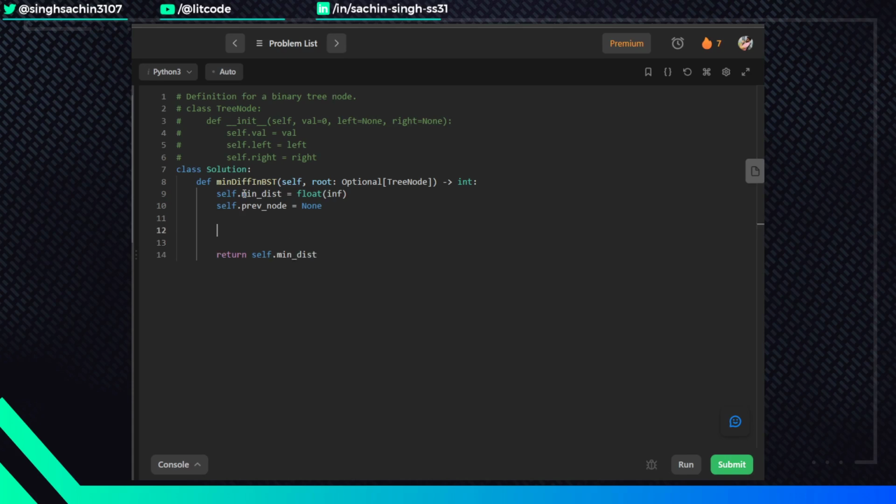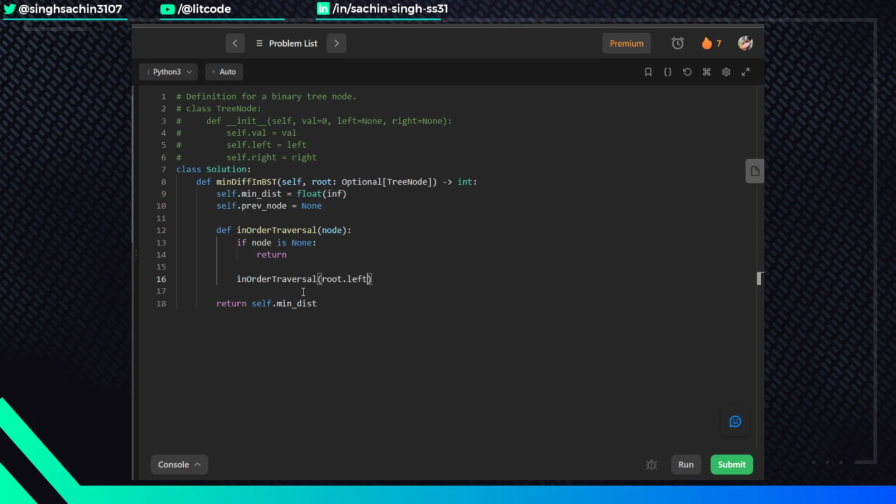Okay, now as we discussed, we would need in order traversal, right? So what I'll be doing is I will just define the method into the same function so that we don't have to share all the variables again and again. And we will take some, let's say, node. Okay. So this is the function which will be performing the in order traversal basically. If node is none, I just simply want to return. If not, I want to recursively call this function for